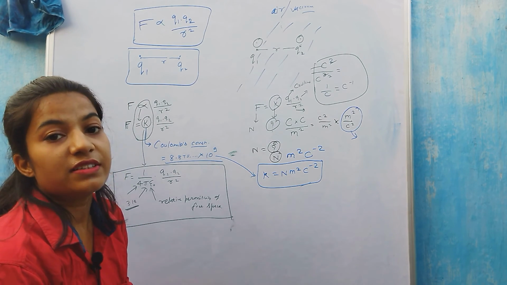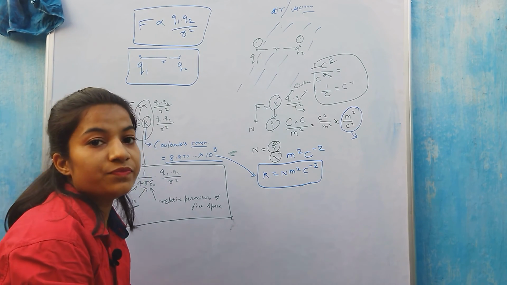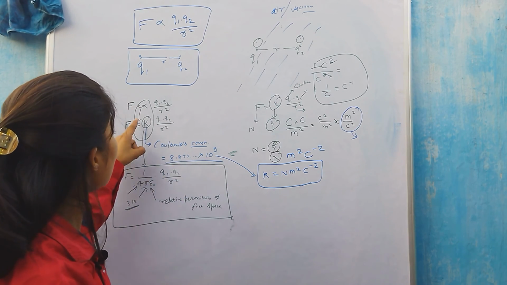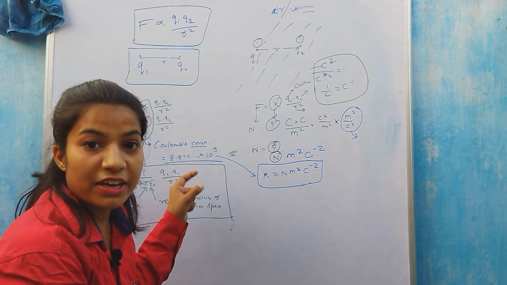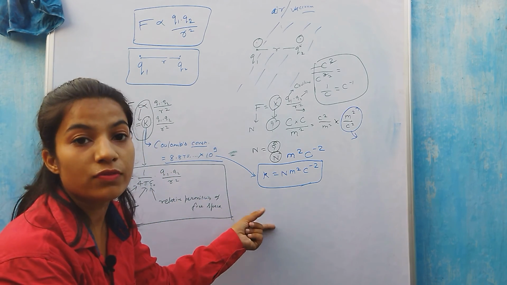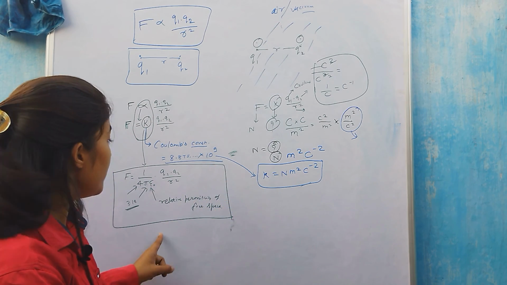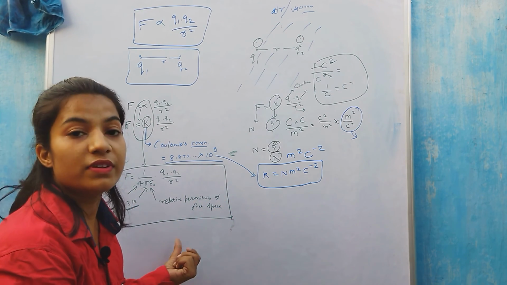Okay. So this is the numeric value of Coulomb's constant k, and this is the unit of k. In this video till now we have talked about only Coulomb's constant magnitude and the unit of Coulomb's constant. In the next video we will see what will be the unit of this quantity.